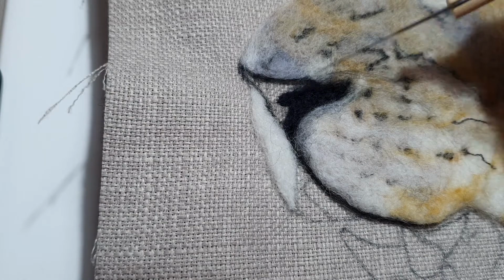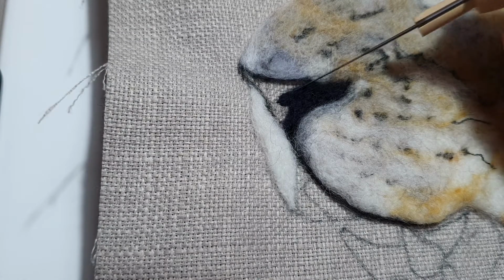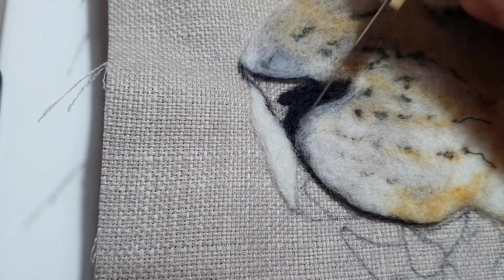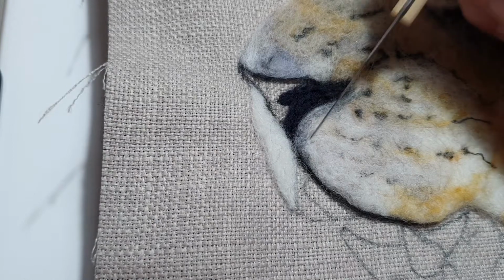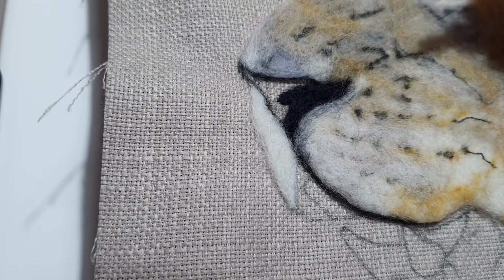So just got a tiny little bit there. That's it. And I think that's the shape of my nostril. You always get little white fibres from the bit next door over the top. Just trying to poke them back in. So just going to give this a...